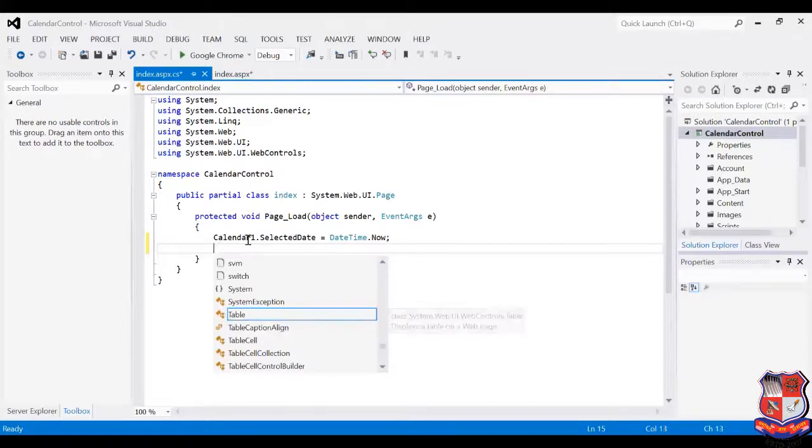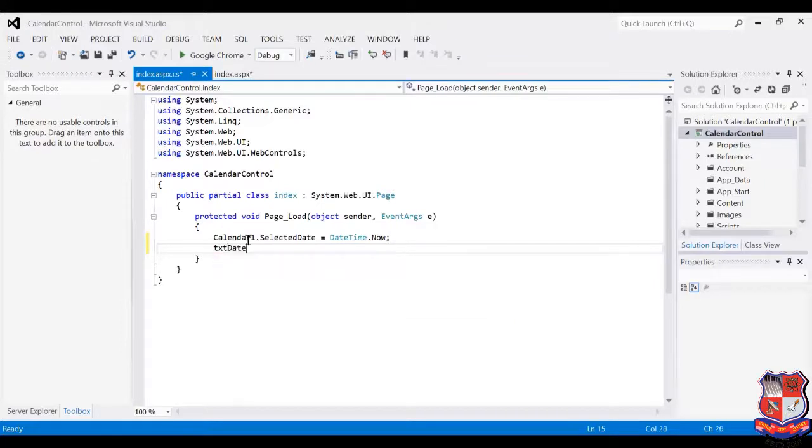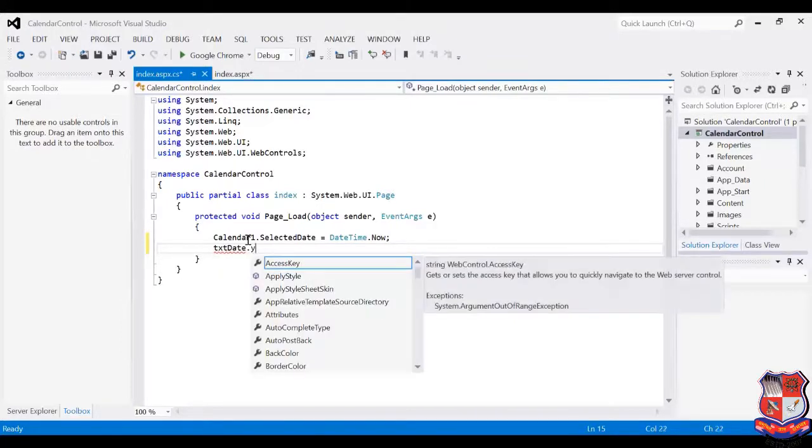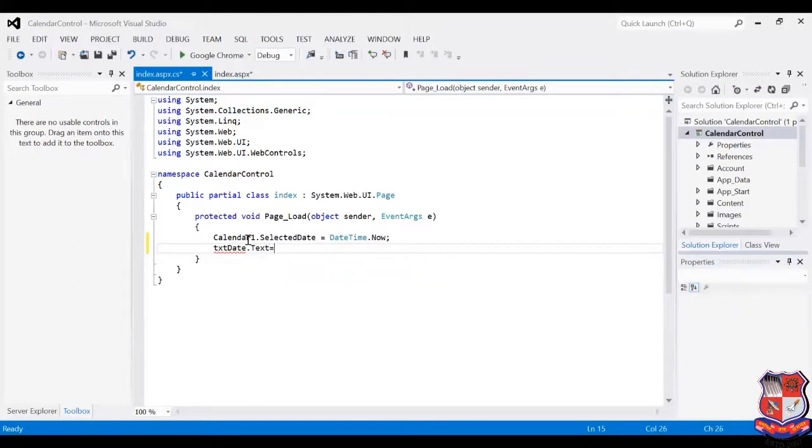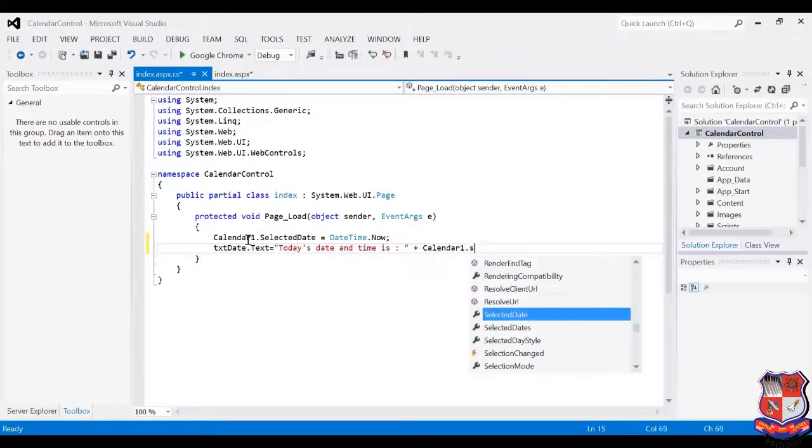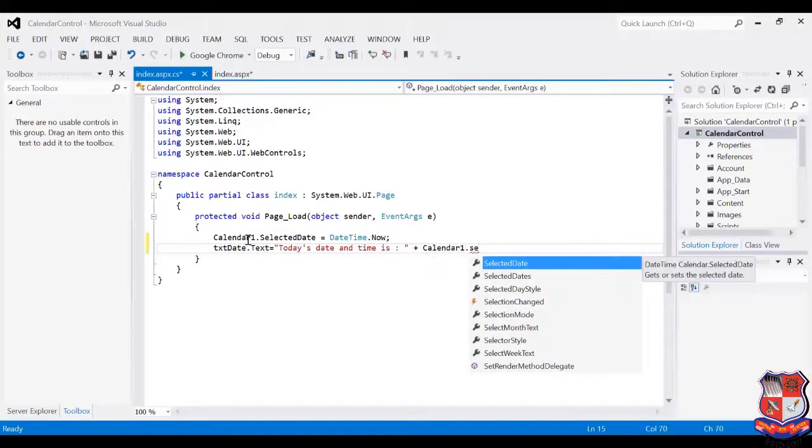For that I write txt_date.Text, which is the ID of the text box, equals a message like "today's date and time is". Then I have to concatenate today's date and time. For that I use the calendar control, Calendar1.SelectedDate.